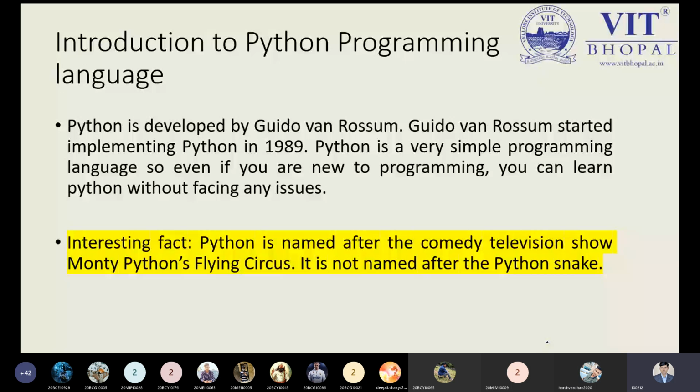So please keep in mind, Python is basically the name of a snake, an animal. The person who developed this language is Guido Van Rossum. He took some ideas from that comedy television show and put the name on his programming language, which was developed by Guido Van Rossum in 1981. That is Python. So this is the story, but you can read more on Wikipedia and other sources. I'm not going through much of that detail because we need to learn the programming part.